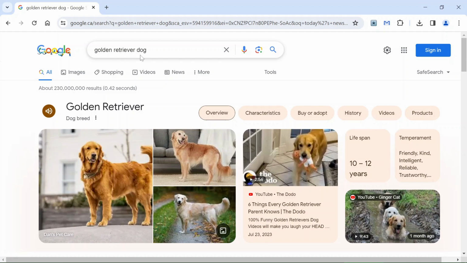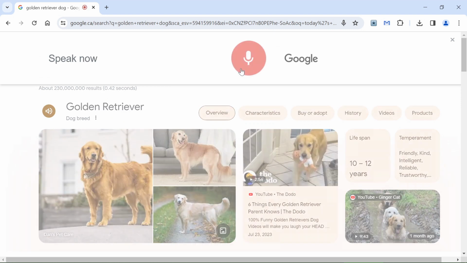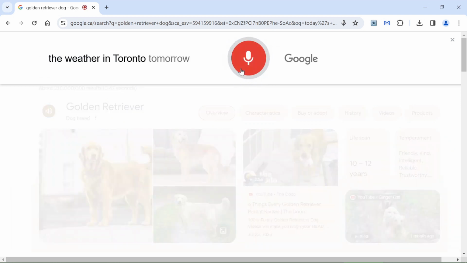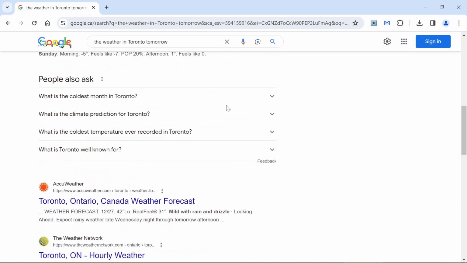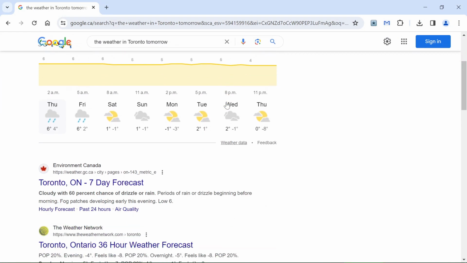Okay, we'll do another search. Let's ask Google to find us what will be the weather in Toronto, for example, for tomorrow. The weather in Toronto tomorrow. Thursday's forecast for Toronto is 6 degrees with light rain. There you go. Google even speaks as well, other than showing us the written information and of course the